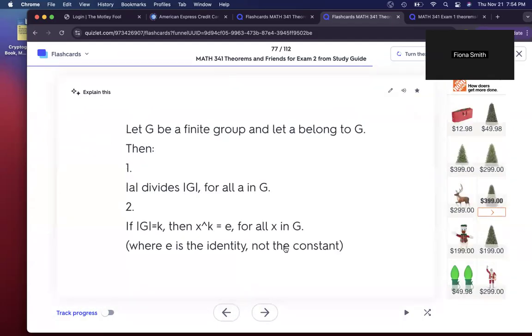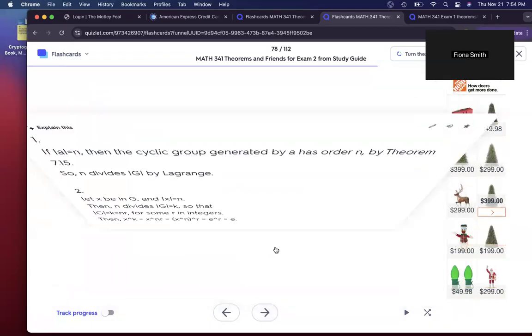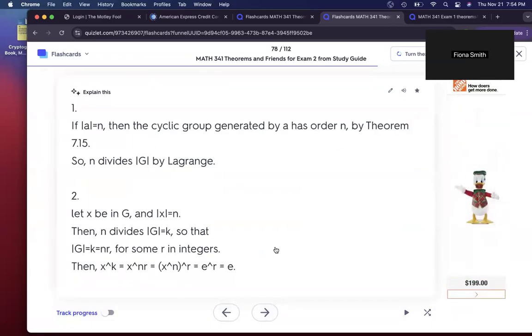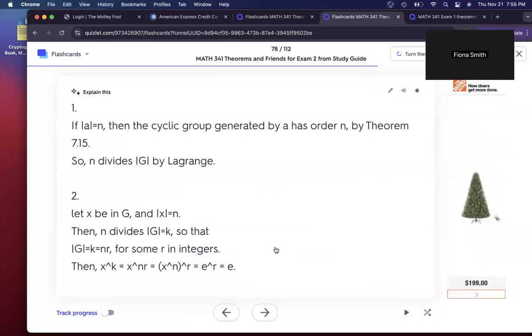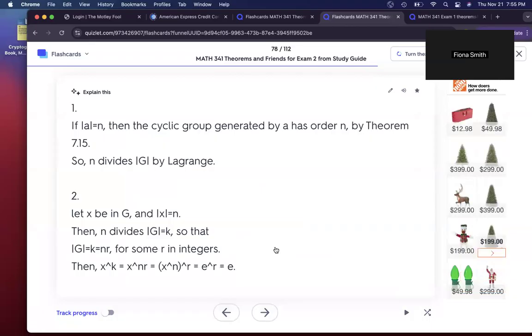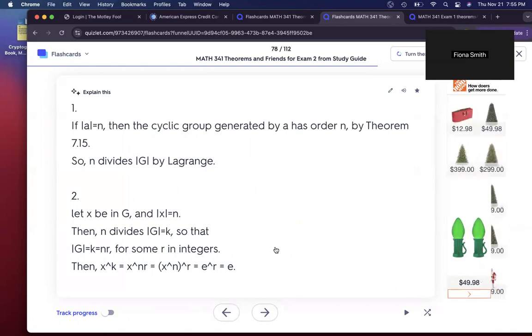And that second one, if order of G equals K, then x to the K equals the identity. You say let x be in G and let the order of x be n, then n divides order of G, and the order of G is K, so order of G equals K equals nr for some r in integers. So then we can say, using that theorem